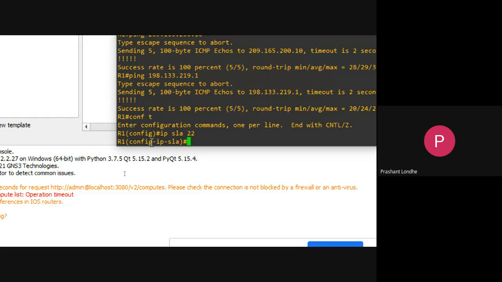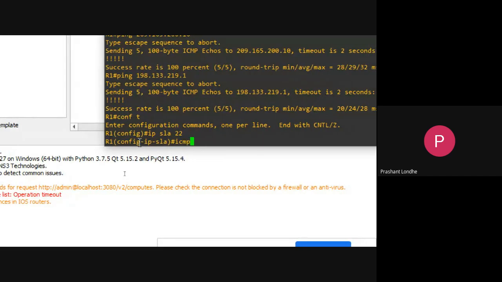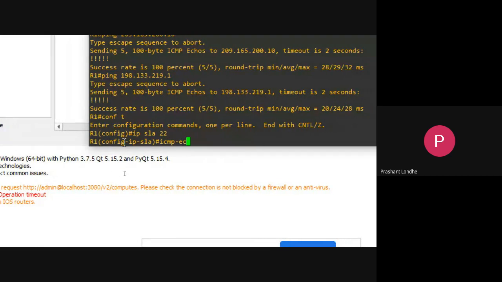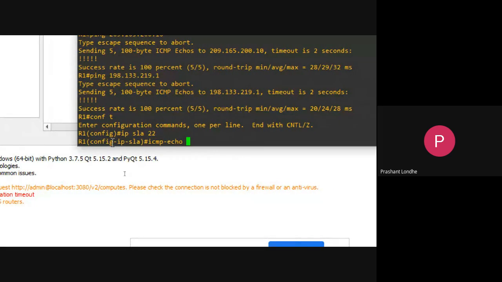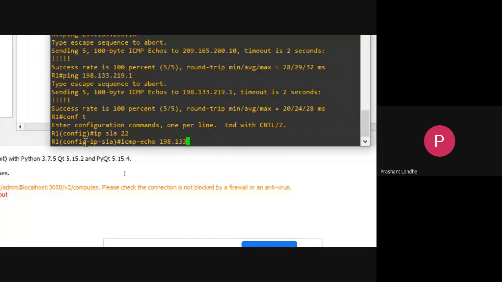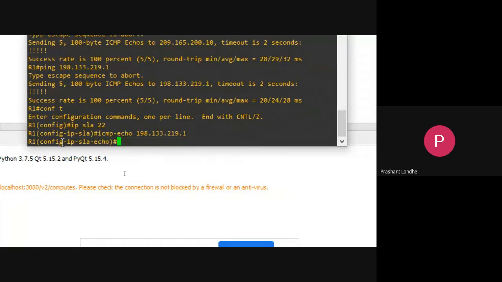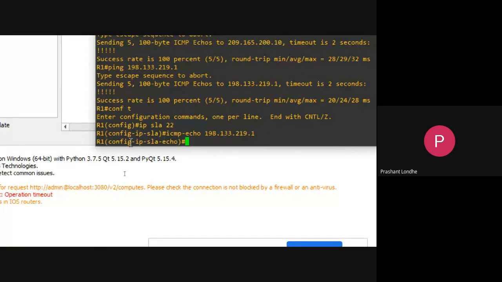So simply type icmp-echo 198.133.219.1. Okay, and once you have done this, you need to wait at least 20 seconds. So wait for 20 seconds.